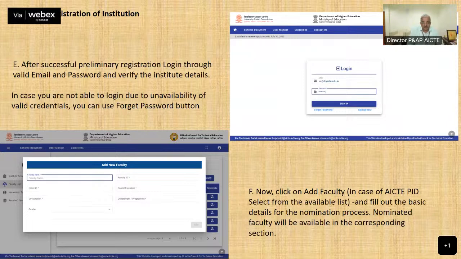After the sign up, if the institution is AICTE approved, it will show all the faculty members in that template. For the ISHA code users, he will get an add new faculty tab. By clicking add new faculty, he can add the faculty members by furnishing some initial details: name, ID, email ID, contact number, designation, and gender. There is no limitation for the nomination of the faculty members, so he can nominate any number of faculty members. Once he submits the faculty members he has chosen to nominate for this award,